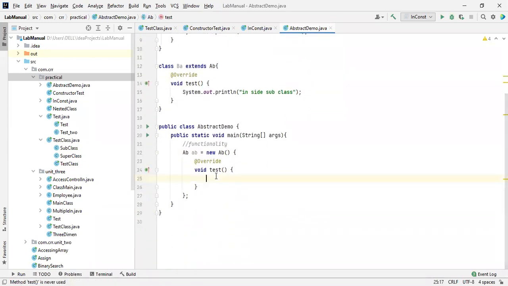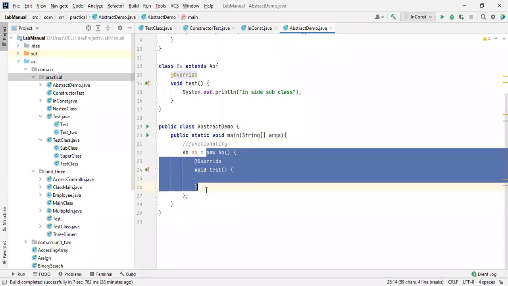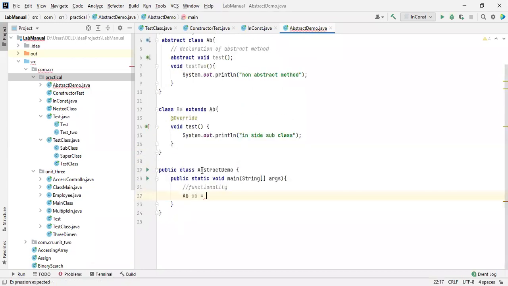You should implement that. But you are only going to use the functionality. Why do you need all these things? I don't want all these things. There is already an implementation inside a subclass, and now I'm going to use that, BA. I'm going to use that one.